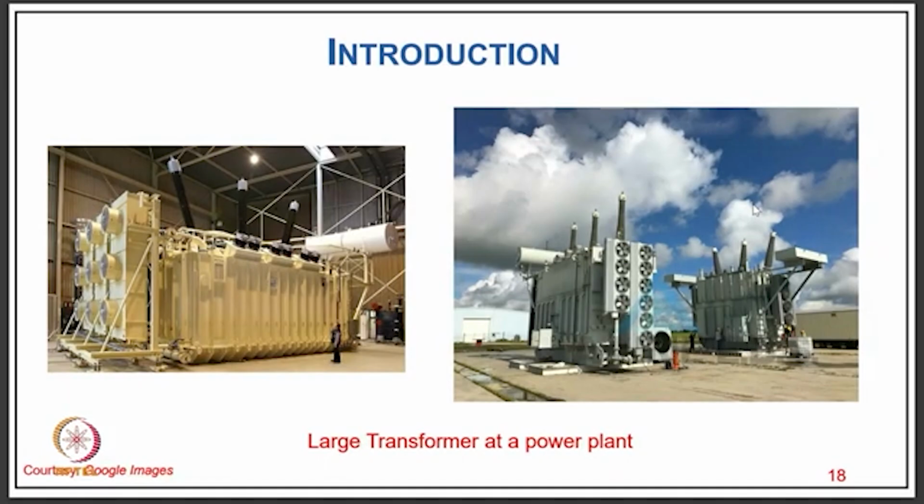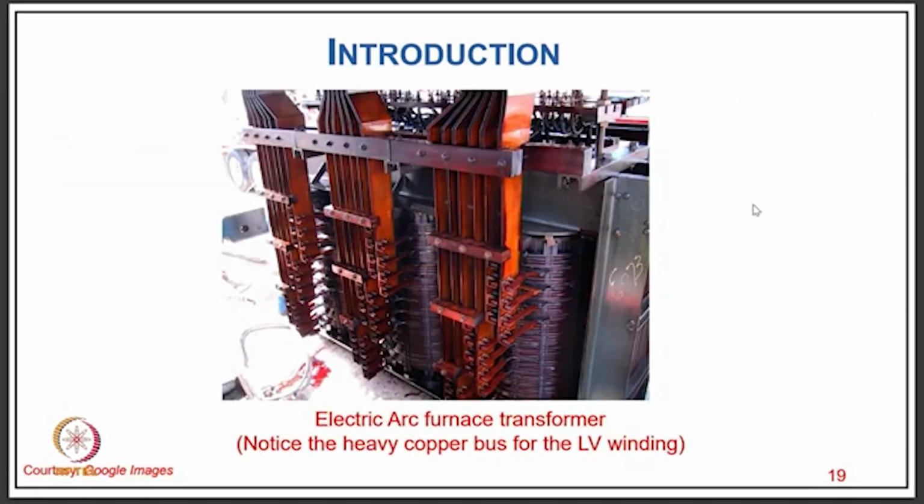Well, you have a large transformer, typically at a power plant we talk about. Then you have typically an electric arc furnace transformer. In the furnaces, of course, we have to convert the three-phase supply typically to single-phase supply, and we use a special connection, what we call a Scott connection, which converts three-phase supply into two single-phase supplies, and we give two separate furnaces so that these furnaces behave as a balanced load on the three-phase supply system. Since these are very high power rating, order of 500 to 600 kV up to that maximum rating